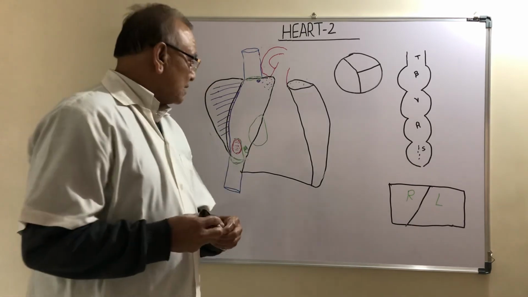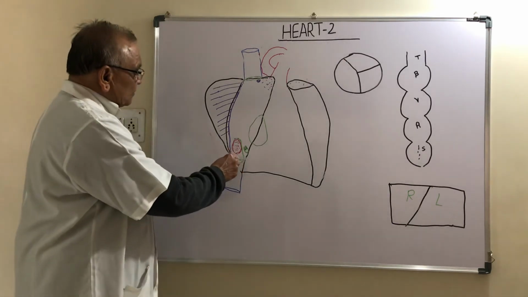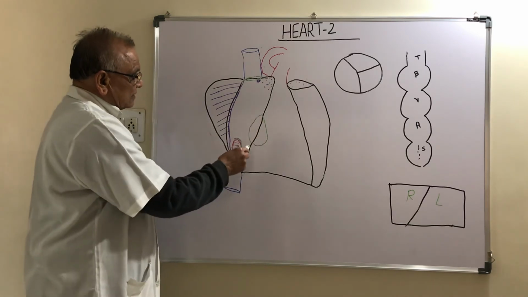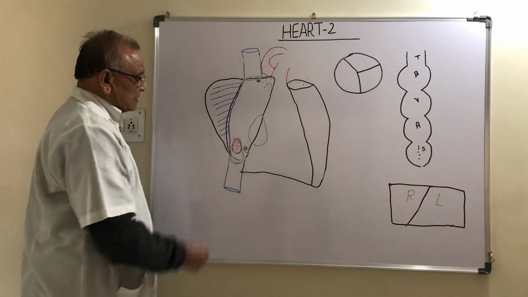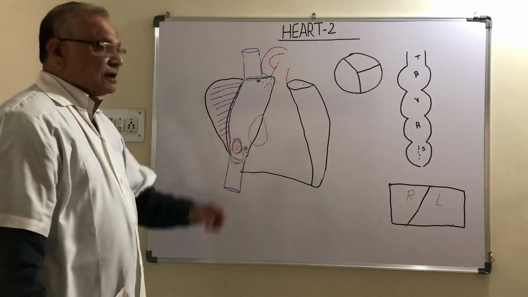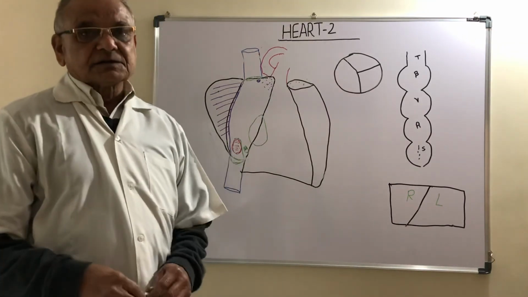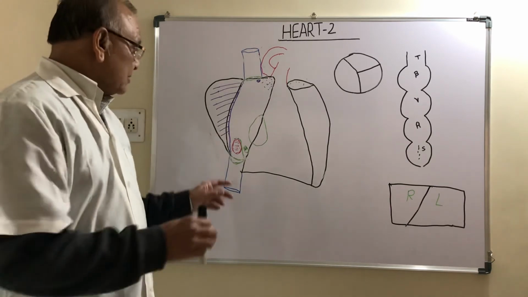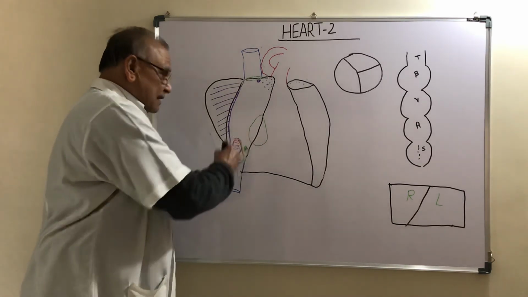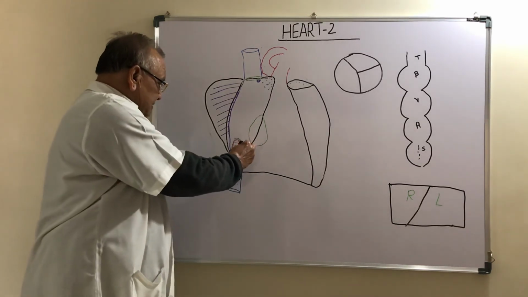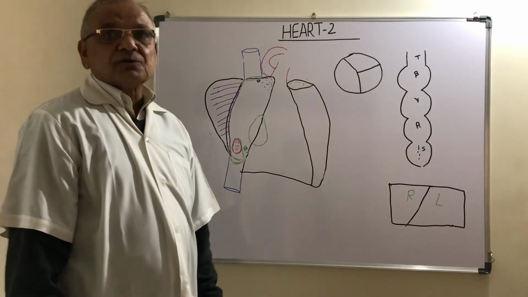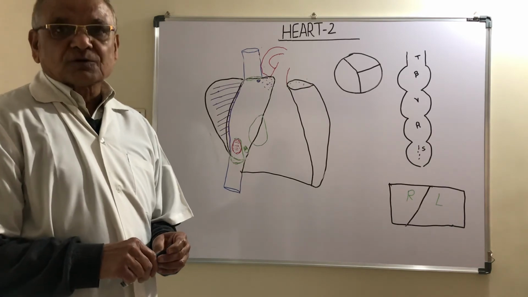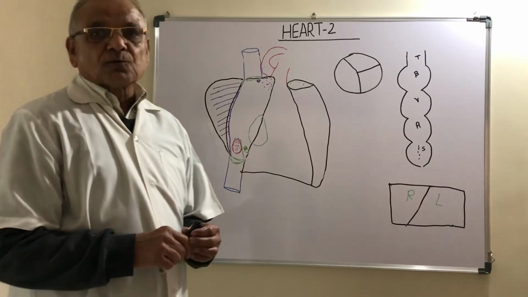3 fingers. Now, between the opening of the inferior vena cava and the right atrioventricular opening, there is one smaller opening present. It is the opening of the coronary sinus. You know that the coronary sinus is a vein of the heart, and it opens into the right atrium. This opening is guarded by a semilunar valve, called the valve of the coronary sinus.